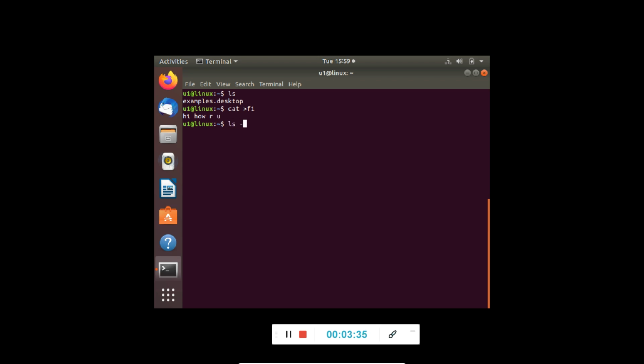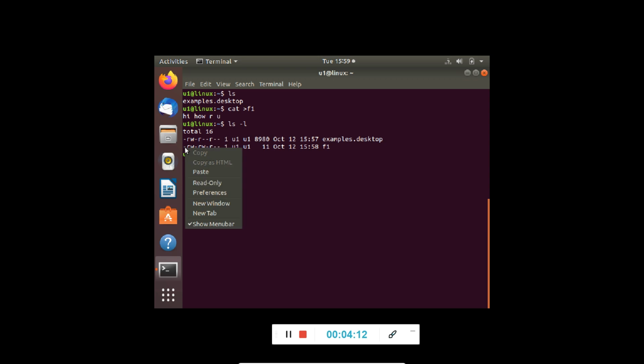Now let's see the permissions of the files in this directory. So this is the file f1. Now how to know about the permissions? This part which has been highlighted tells about the permissions. What is it? R, W and dash. These are the three permissions. R means read, W means write, and instead of dash it is X if the permission is there, which is known as execute. So the first dash tells that it is a file.